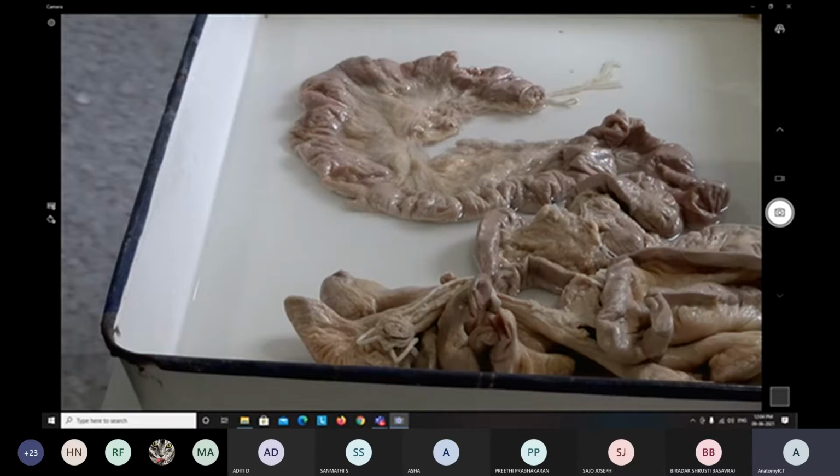So today we are going to discuss the demonstration of the small intestine, right? I think you have not seen the small intestine with the naked eye, is it? Fine. Today we will see how the small intestine appears and what the parts of the small intestine are. Let us see one by one how we have to study it anatomically.